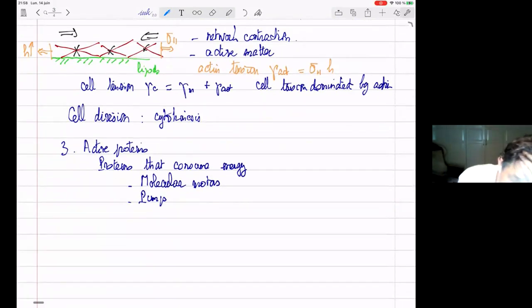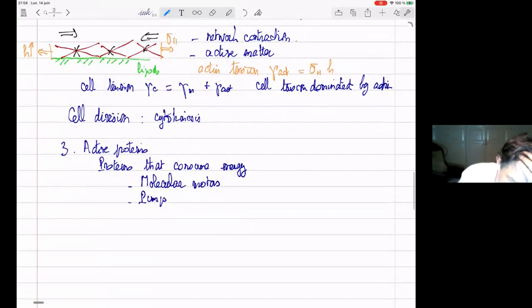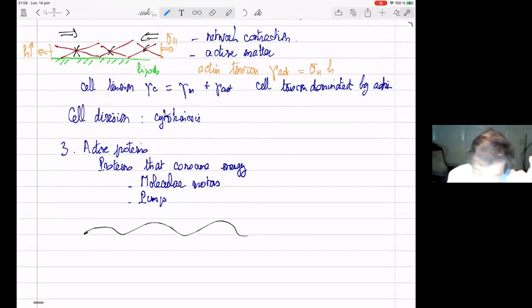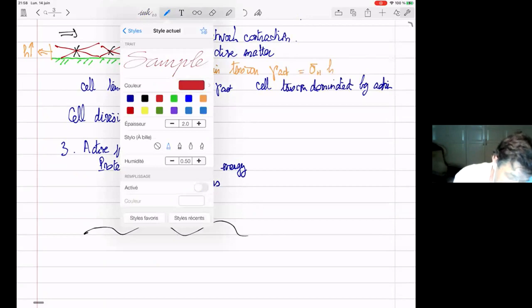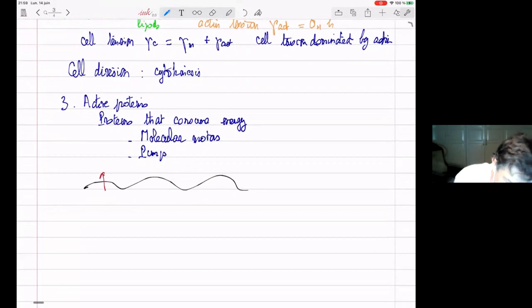So let me again sketch a membrane. And the membrane has pumps. The pumps, of course, have a direction. They can pump ions either from inside to outside. And if I do it on a vesicle, they will go randomly into the membrane. So there will be pumps that transport ions from inside to outside, and there will be pumps that transport ions from outside to inside.